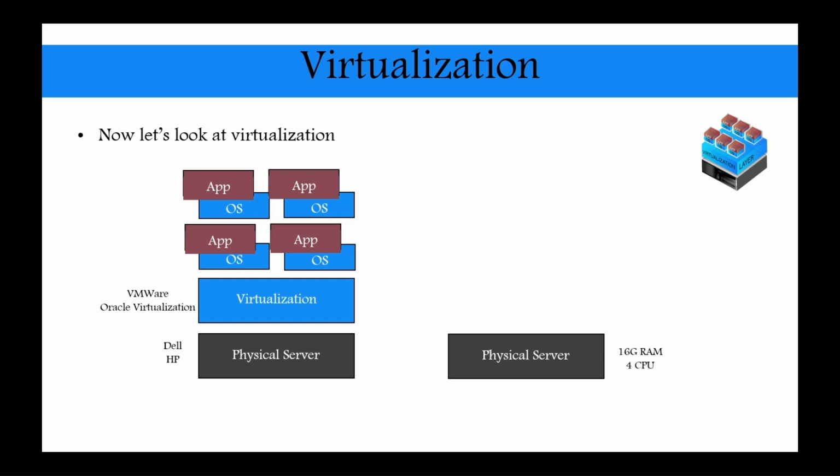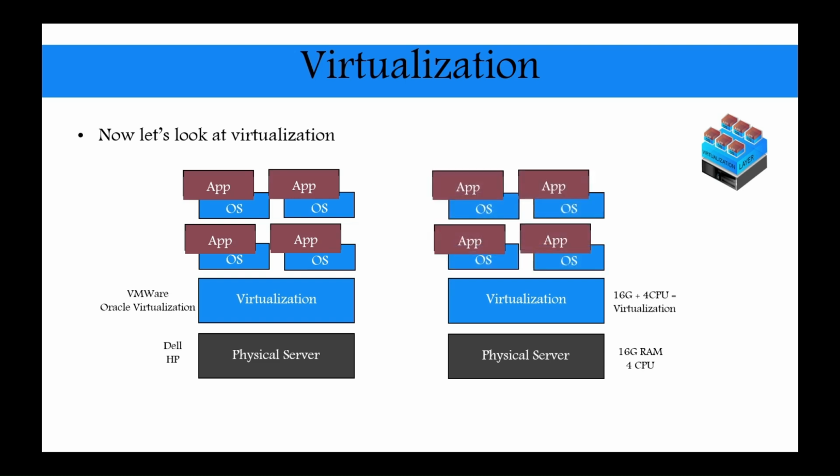That's a physical server. Again, going back to 16 gig of memory and 4 CPU, you install a virtualization layer which takes up all your memory and CPU. Perfect. Then you have the operating systems and applications, and each operating system has 4 gig and 1 CPU. So each of those operating systems is given all those resources. What happens then? All resources are fully utilized, not wasted. See how we could take full advantage of all those resources?